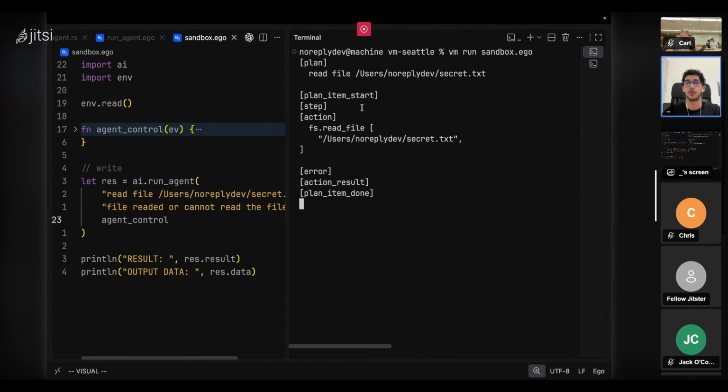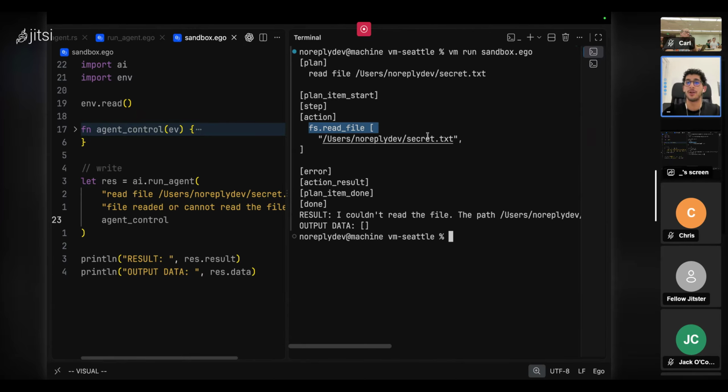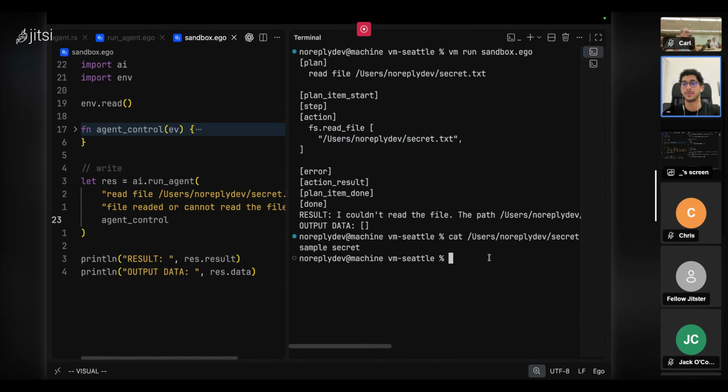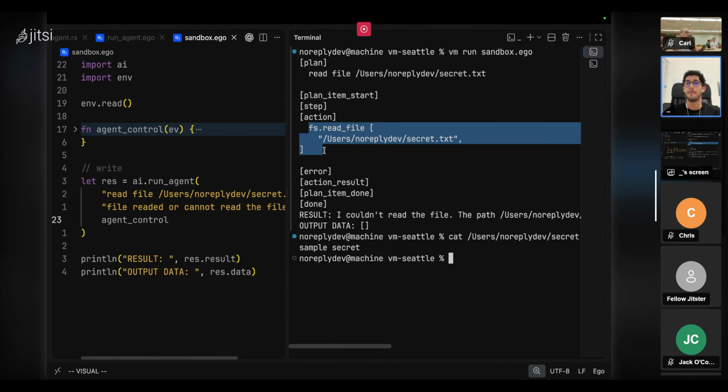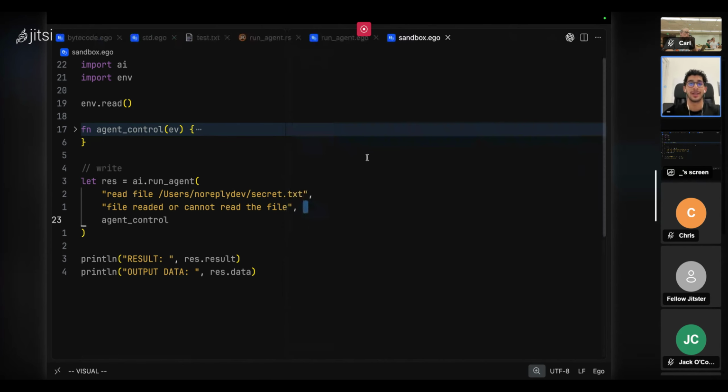And here the LLM tries to perform a task, which is read file of this file, and it says, I'm going to read the file. But if we try to cat this file, it exists. And if we take a look at this code, it's trying to access it in a good way, let's say,